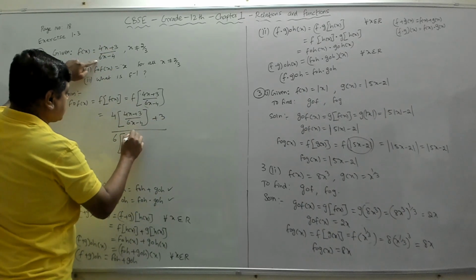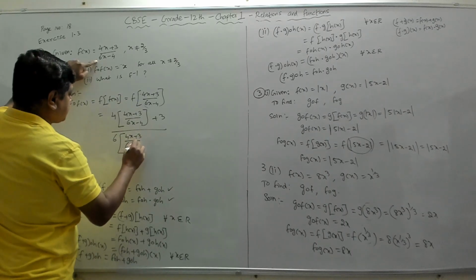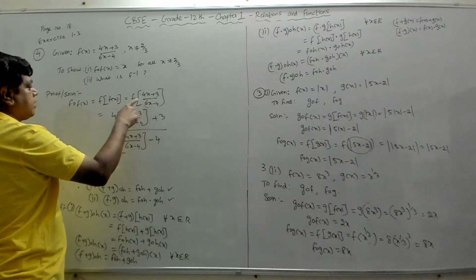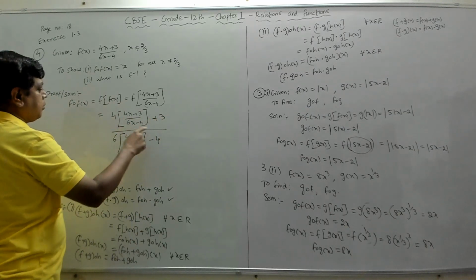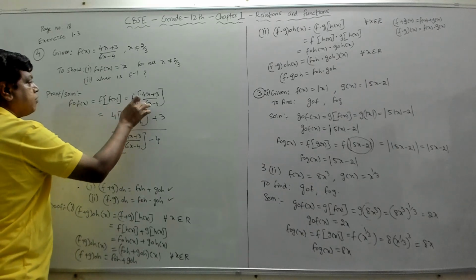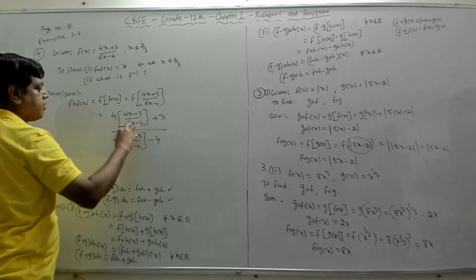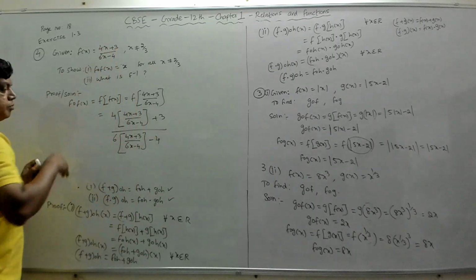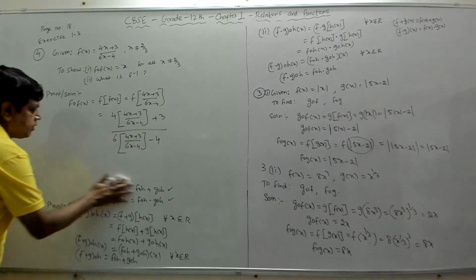f of f of x is 4x plus 3 by 6x minus 4 minus 4. So f of f of x is (4x plus 3) by (6x minus 4), like this, because this is f of this entire thing. So this entire thing should be treated as x. So this is 4x plus 3, 6x minus 4. Now if you simplify this,